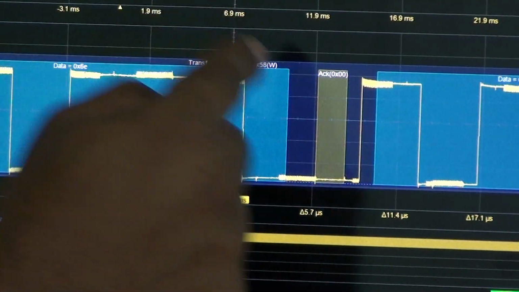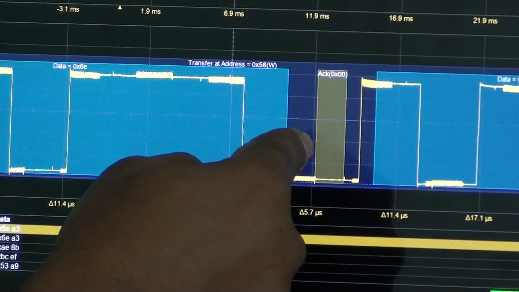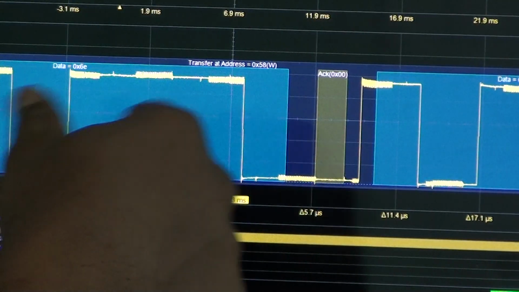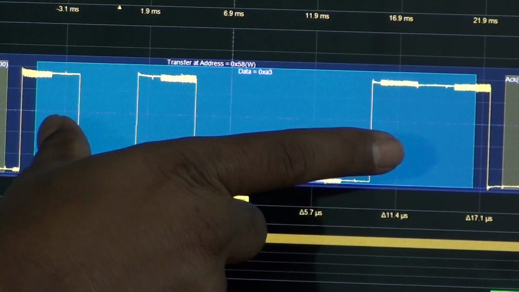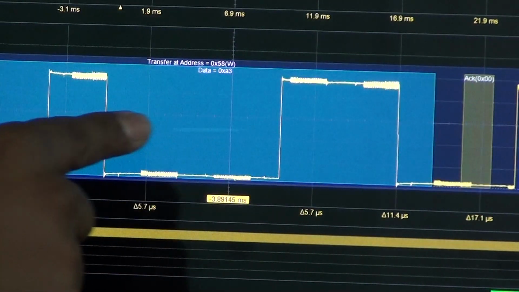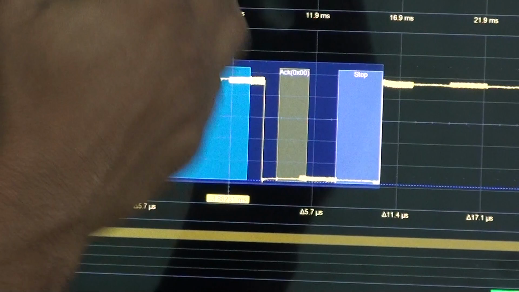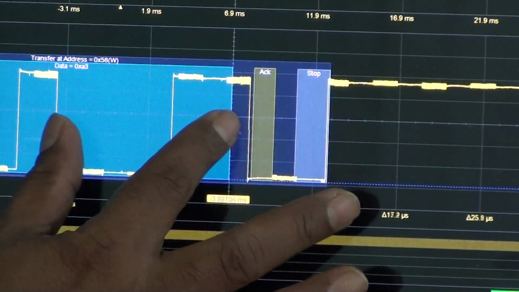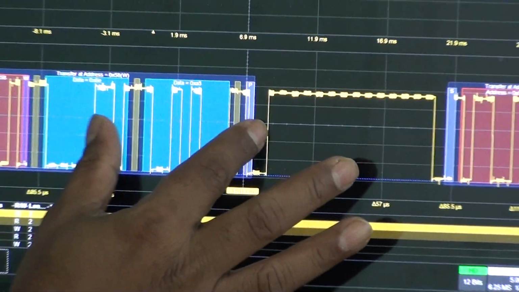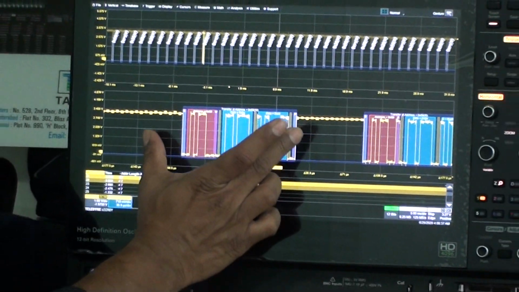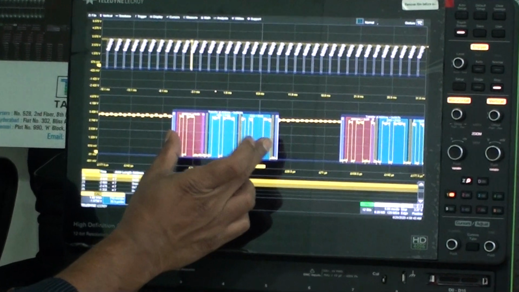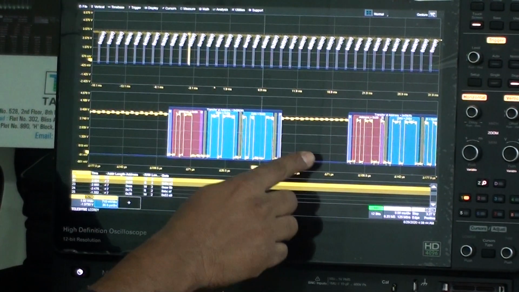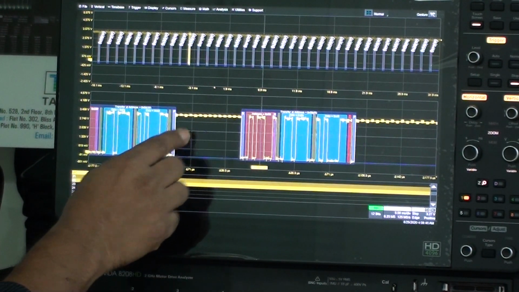After the data is sent, there is another acknowledgement from the chip back to the master, and you have another data that is being sent, 0xa3, and then there is an acknowledge, and then there is a stop bit. So if you look at I2C, this is how it works. This is one particular frame. If you look at one particular frame, this much data is embedded in it. And similarly, we have the next frame.